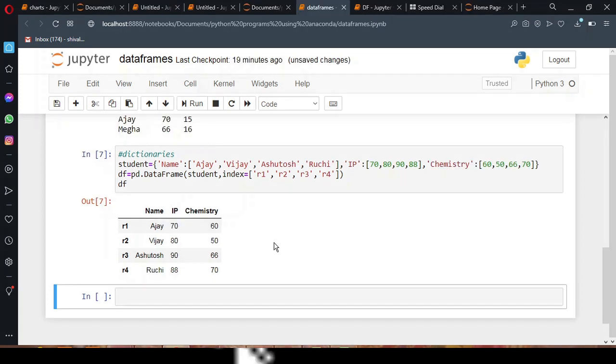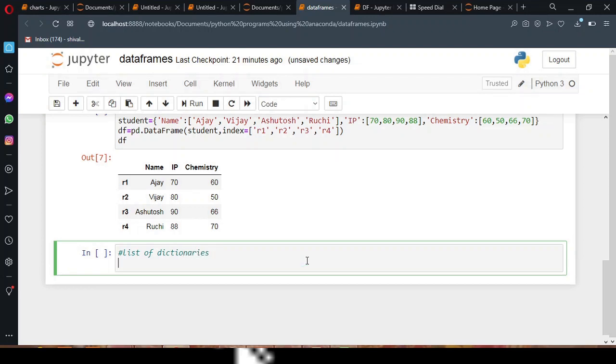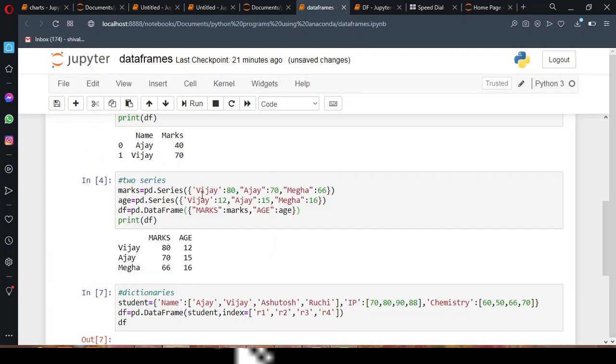Now coming to the fifth way of creating our data frame. The fifth way is by passing a list of dictionaries. So here I am going to use a list of dictionaries. I'll take a variable, maybe st. I am going to copy the data just to save time.